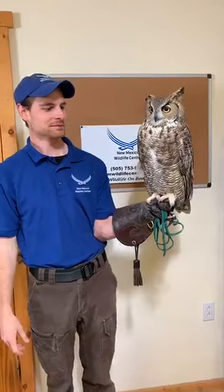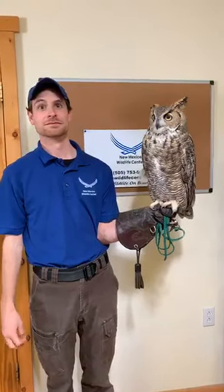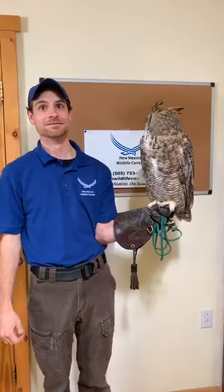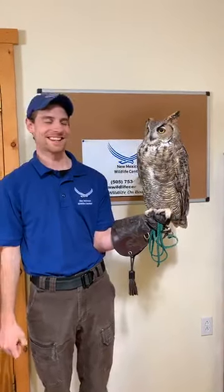Now I've heard that great horned owls actually have an even more varied diet than that. You know what I'm talking about? What one of their favorite foods is that most other animals don't eat? Yeah, so they're so specialized in that they are one of the few animals that eat skunks. Based on that, since they're eating skunks,